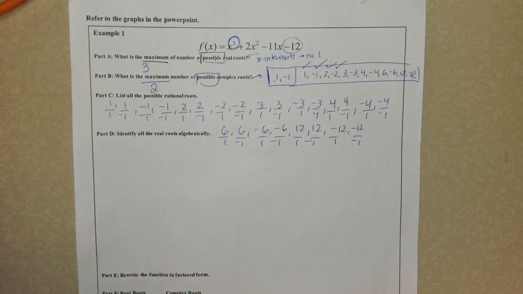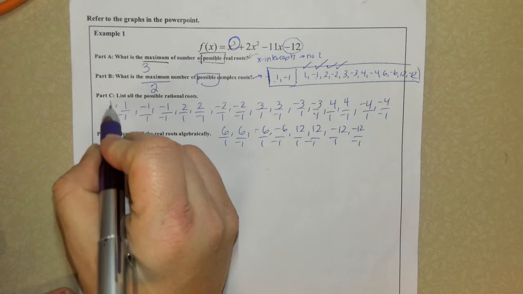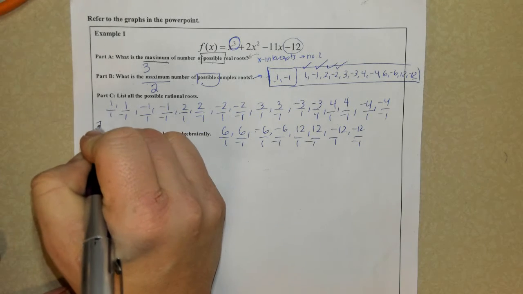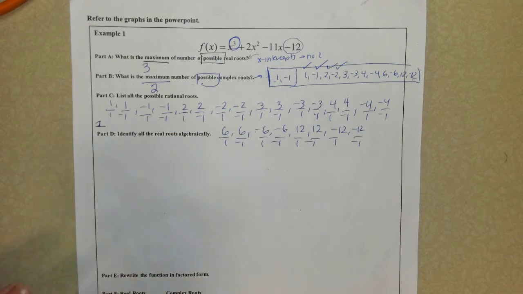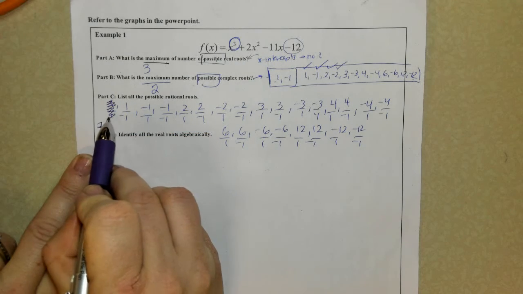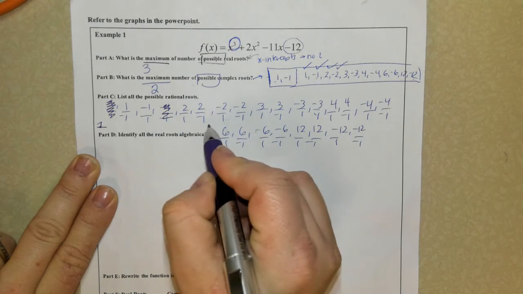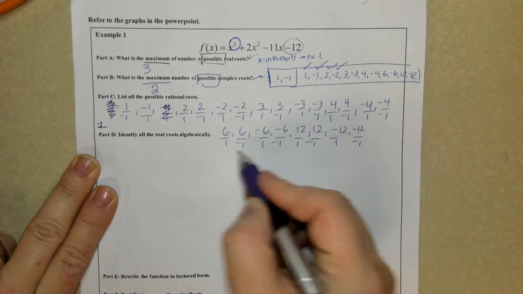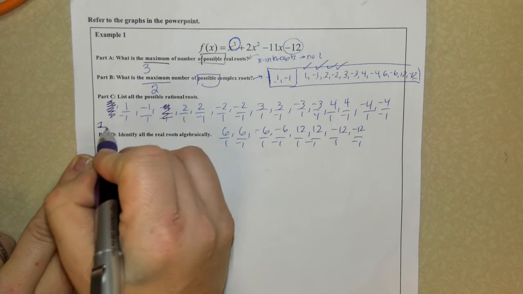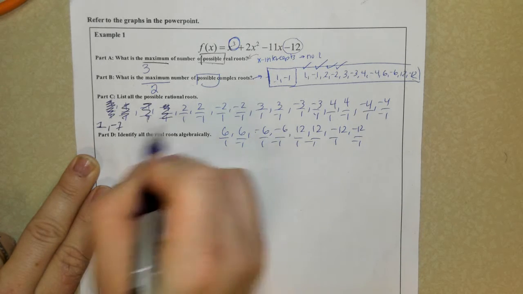After I've written down all the possibilities, now I need to reduce it. So I need to come up with an exact list of possible rational roots after each fraction has been reduced. So I know 1 over 1 is equal to 1. So I'm going to use a different color writing utensil so it stands out. So anything that's a 1 I am going to cancel out. So I'm going to simplify all the 1s. Okay, here's a 1. I already have it. Okay, those are the only 1s. Okay, here's a negative 1. Another negative 1. Here's a 2,